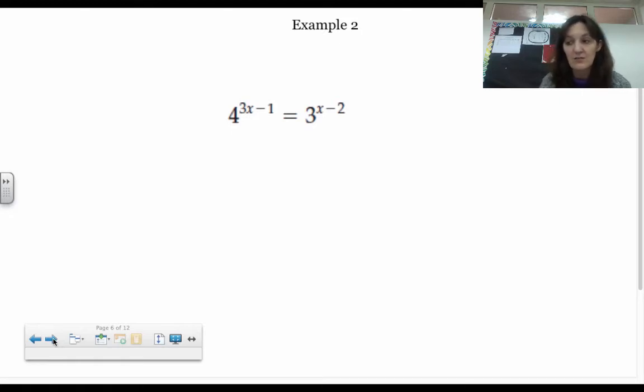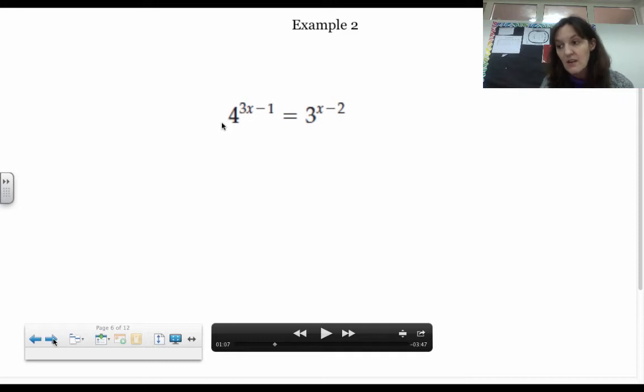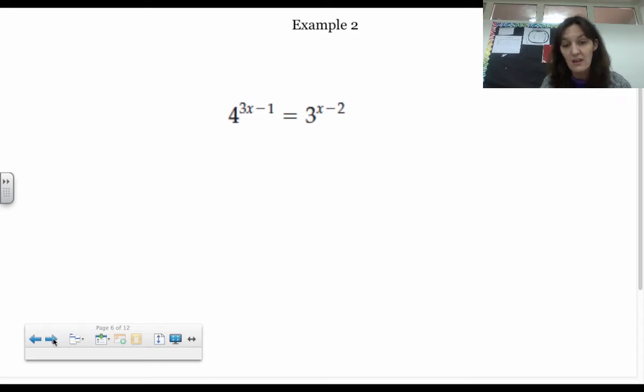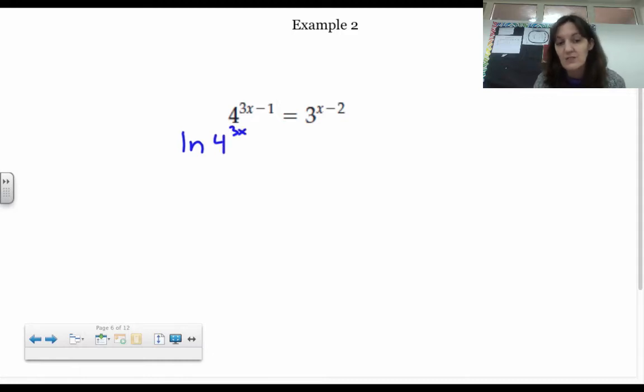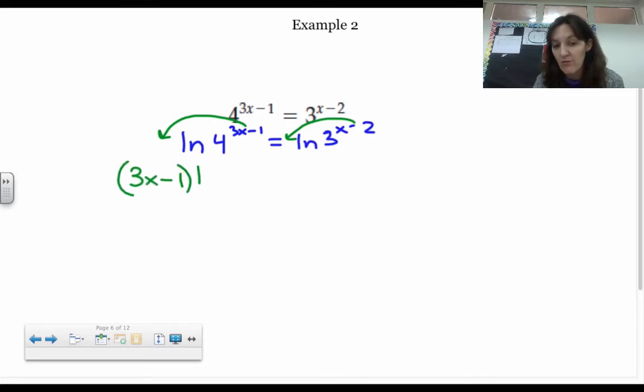Ultimately it's going to come down to a calculator problem, but it's a lot of work to get there. I'm going to tell you right now, if I see problems like this with simply a single answer or even one-line work, it's not acceptable. These are complex problems and they take a lot of work. So the first thing we're going to do is take the natural log of both sides. So I take the natural log of 4 to the 3x minus 1 and the natural log of 3 to the x minus 2. What that does is tell me I can move the exponents outside, because of my rule that says that I can do this. So I have 3x minus 1 times the natural log of 4